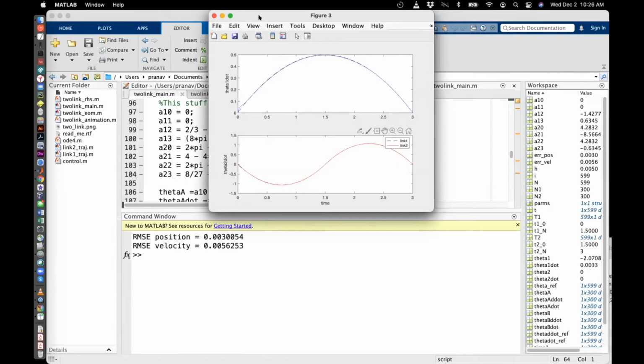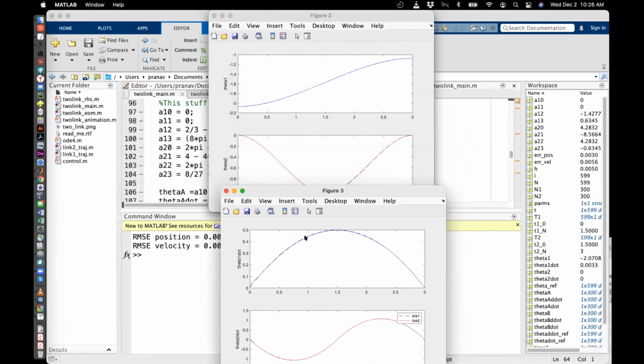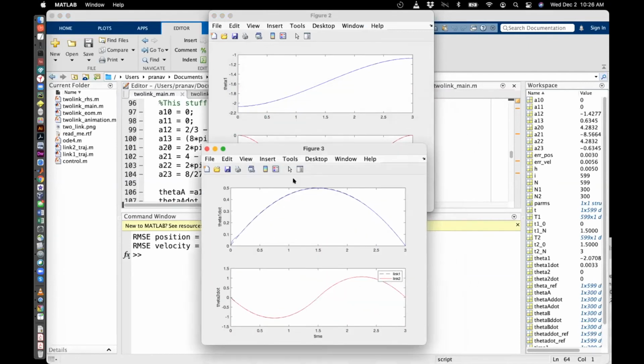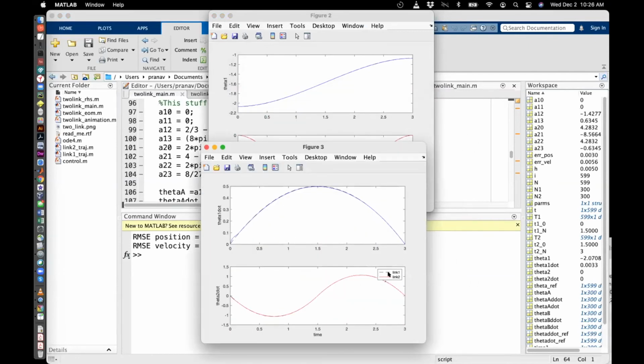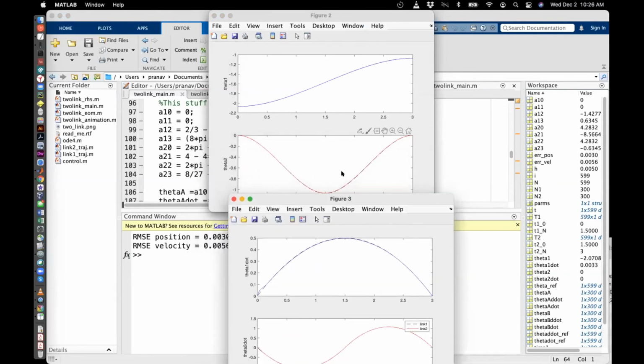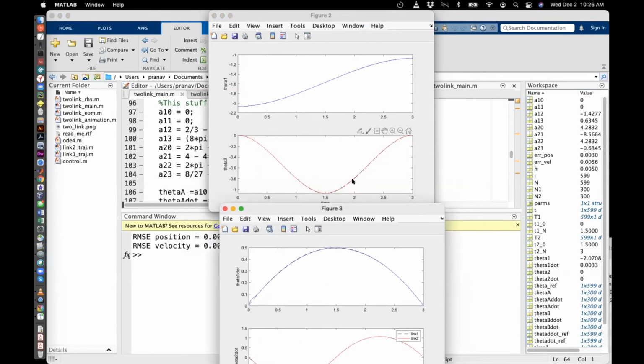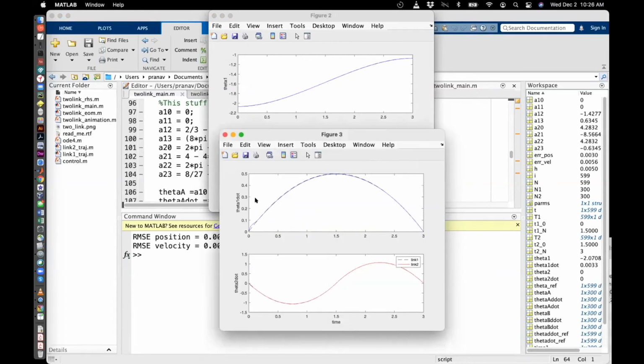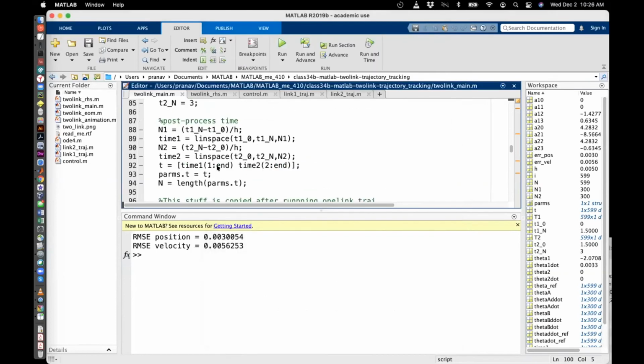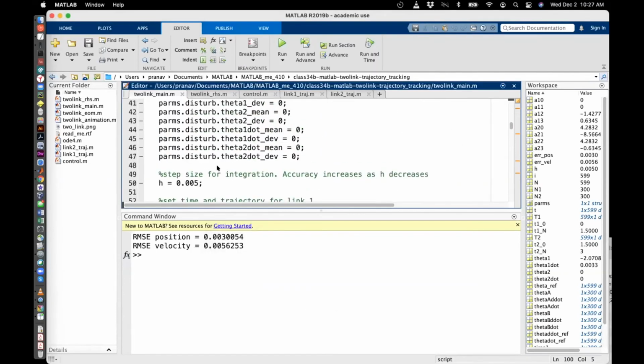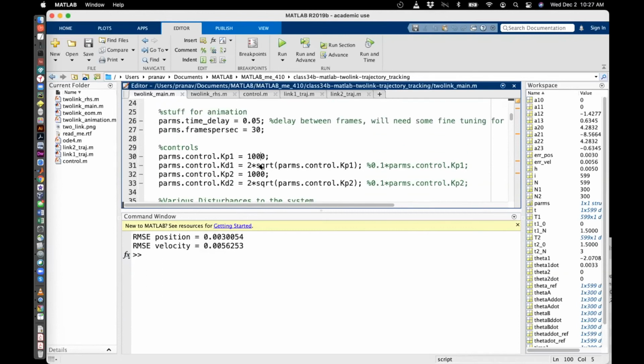Okay, so here the tracking looks perfect. You can even see there's a dashed line, which is the reference motion. You can barely see it. It's beneath the red line over here. This is for link 1, link 2 position, link 1, link 2 velocity. And this is just because I started off with a very high gain of 1000. If you reduce the gain, you will see that it starts